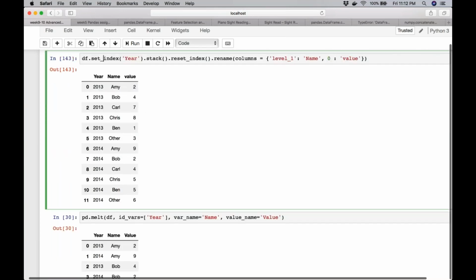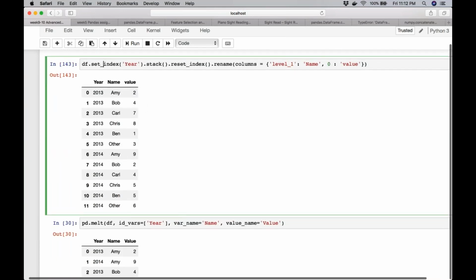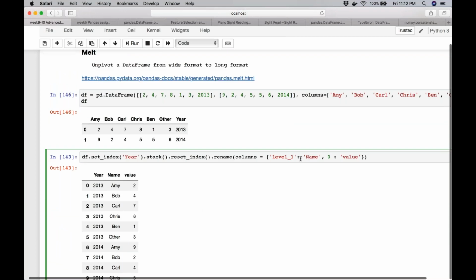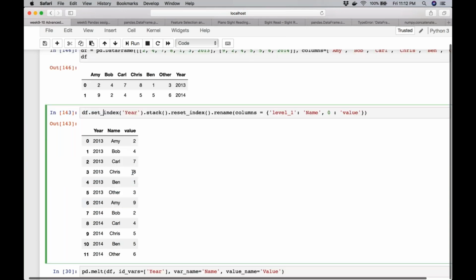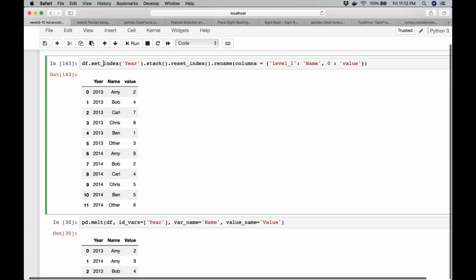So I'm specifying the variable name as the name and the value name as whatever I want to create. So here we had to use a rename separately. The level 1 I gave it a name, and the column 0 I gave the name value. I can do that within the function melt. That is why overall melt and pivot are preferable over using stack and unstack.